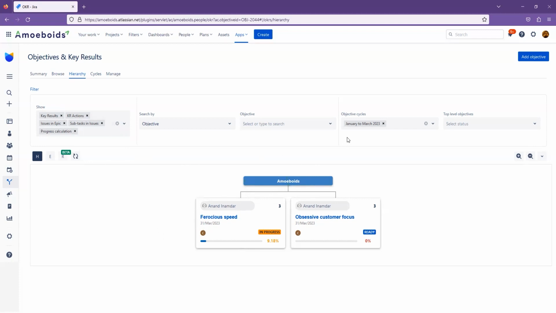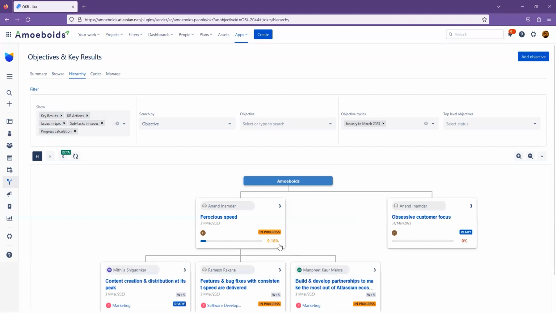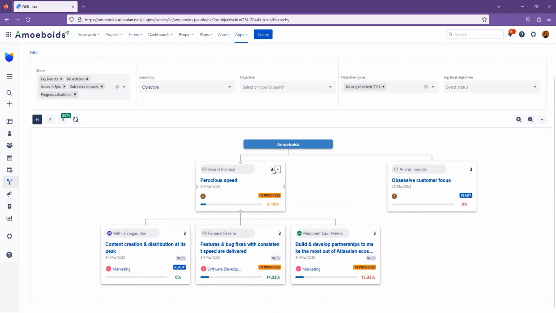Right now, what's happening is the objective cycle filter is applied, and the root node, the top level node, is the name of the organization, followed by the top company level objectives that are coming from this objective cycle. I can then go ahead and click any of these arrows that are displayed in here. You'll notice this 3 indicates that there are 3 contributing items below this objective. Even for this company objective, you'll notice there are 3 contributing